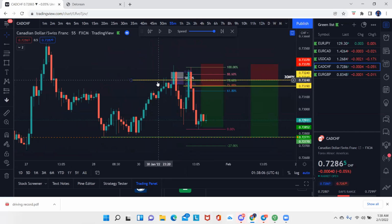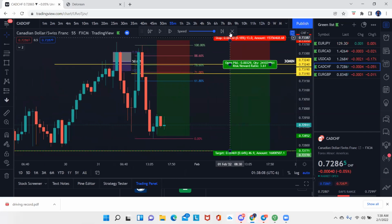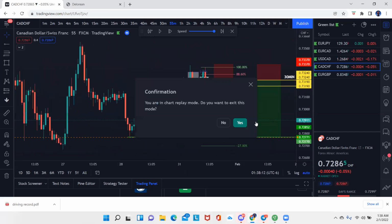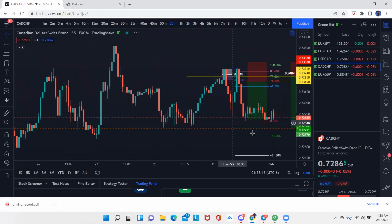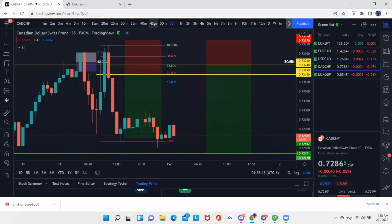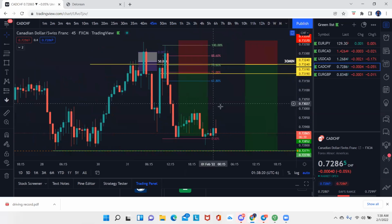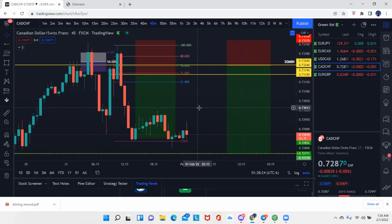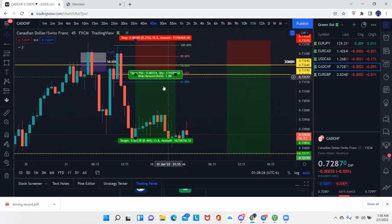But like I said, I don't know how comfortable I would have felt calling out a re-entry. So you guys would have just gotten a bigger stop loss one. But long story short, this is where the actual setup is. I still personally feel like there is an opportunity for this to pull back. If so, I will more than likely call this out. So if you guys are looking at this, you can see